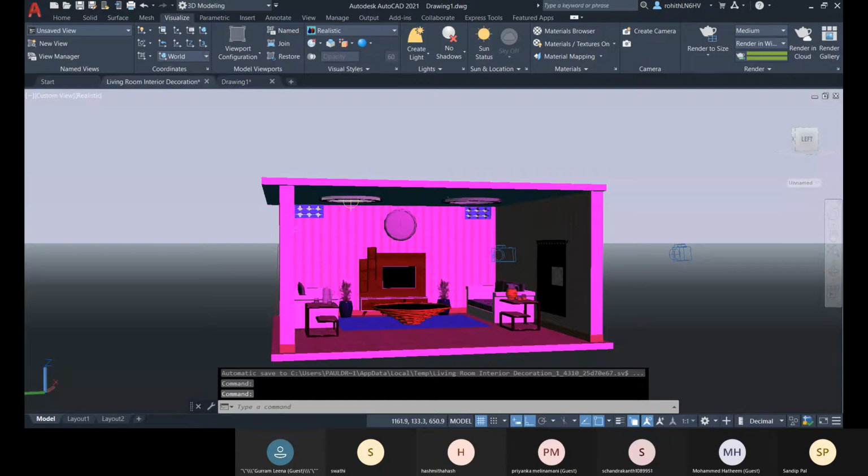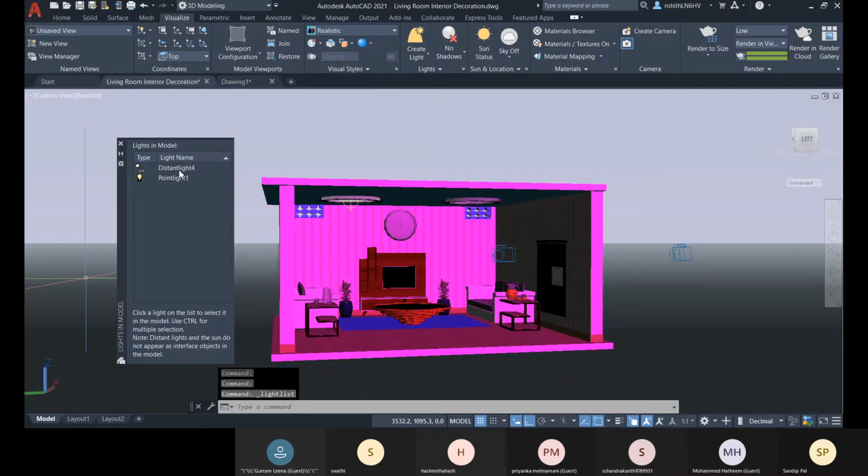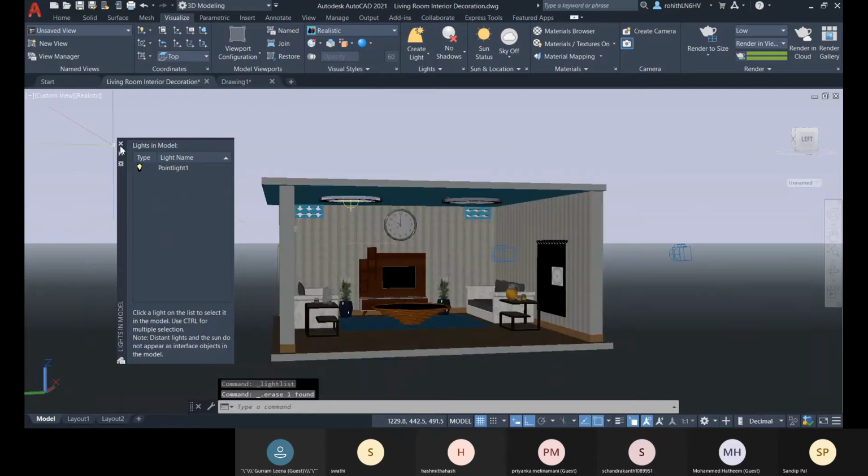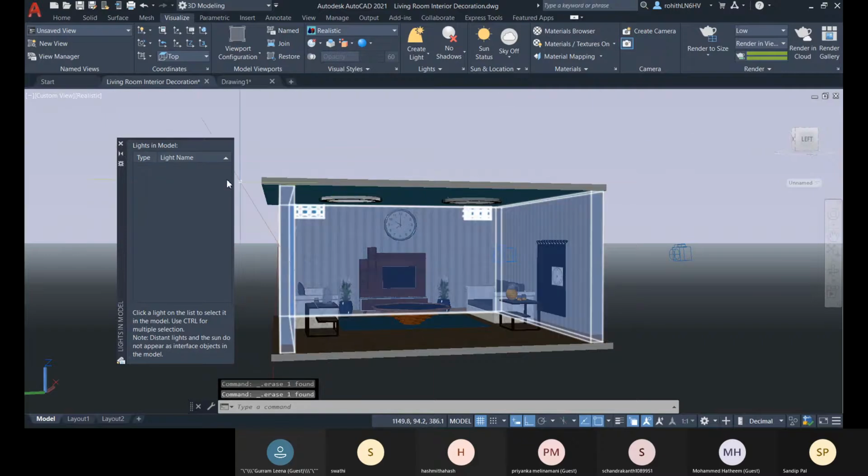If I place the same here also, let me go for this light list. Let me delete this one, and let me delete this one also.